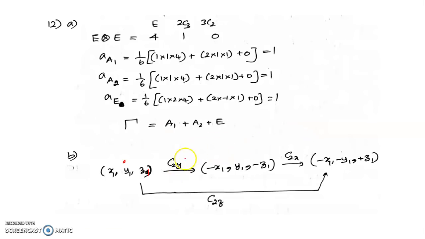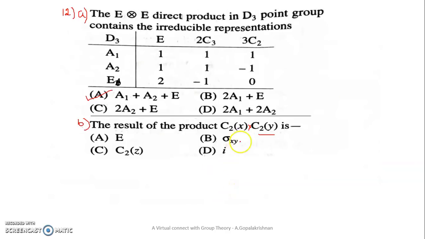So when you do a rotation along the y-axis through 180 degrees, listen, 180 degree rotation along the y-axis. So the y coordinate remains as such because you are rotating along y. Y1 remains as such, whereas the other two coordinates go exactly to the opposite side. Therefore, x1 becomes minus x1 and z1 becomes minus z1. Now followed by this, we should rotate along the x-axis by 180 degrees again.